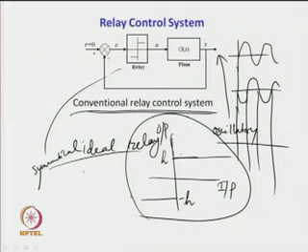For negative inputs the output of the relay will be equal to some negative value which is minus h, and for positive input to the relay when E is positive, the output is plus h. So, when the output is sustained oscillatory, the form of the E can be given in this form, then the output of the relay